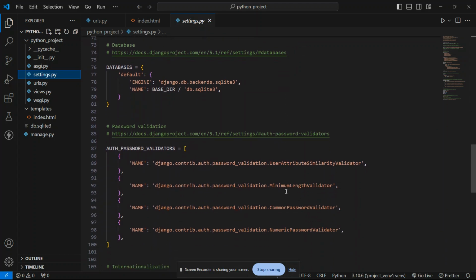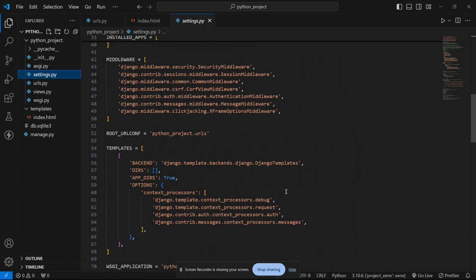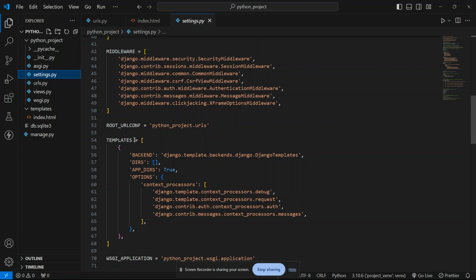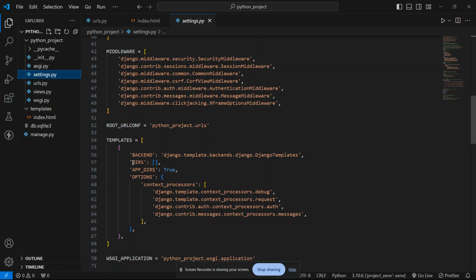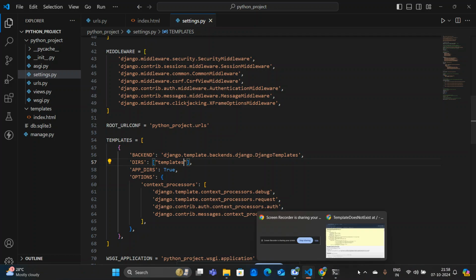Here inside that settings.py, we have one array named templates, and inside that one key named dirs, and this dirs is also an array. So inside those brackets we put quotation marks and just put templates, and it will add my templates folder inside settings.py.